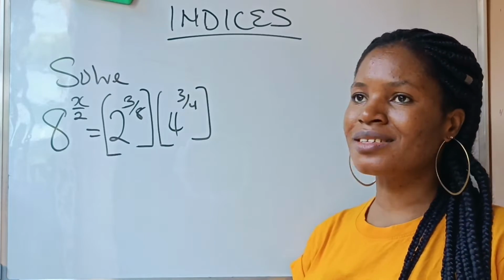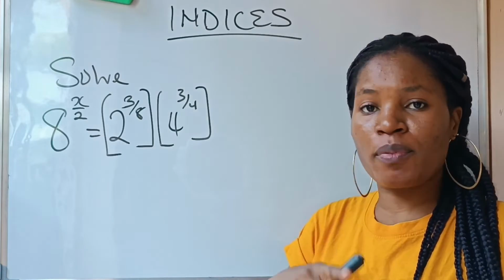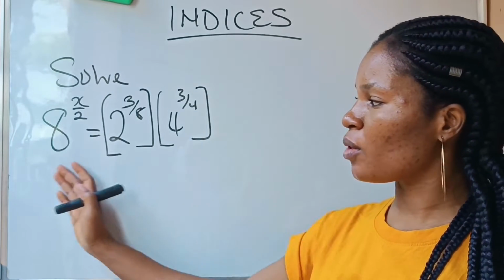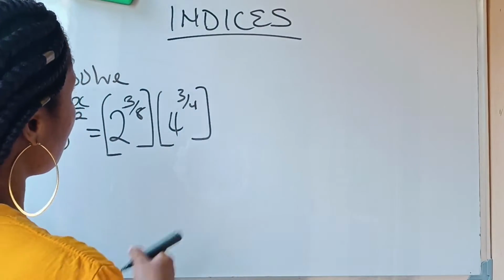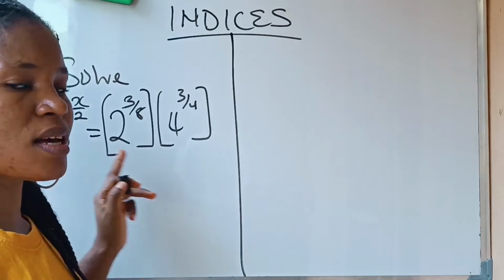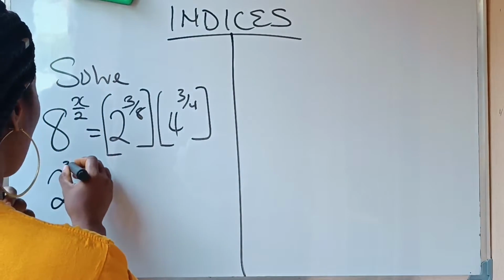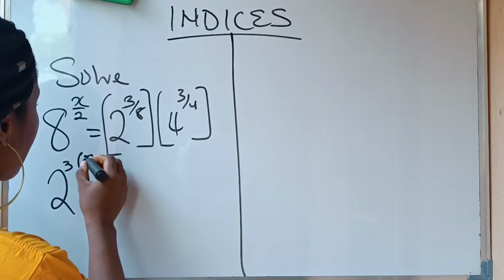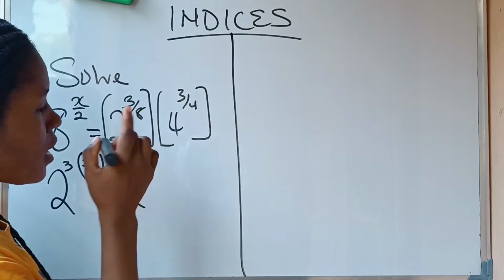Once it's indices, the first thing you should do is to put everything in the same base if possible. That is, if you have looked at the question and you notice that yes, you can put them in the same base, let's go ahead and do that. Now how do we put them in the same base? This 8 is the same thing as 2 raised to the power of 3, so I'm going to replace it with 2 raised to the power of 3, brackets x over 2,